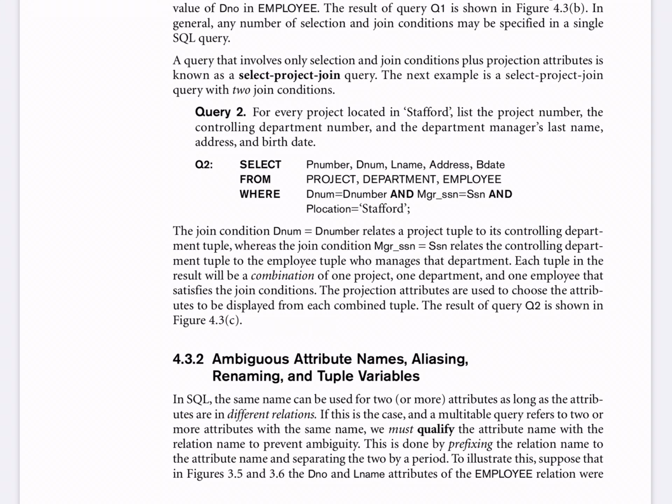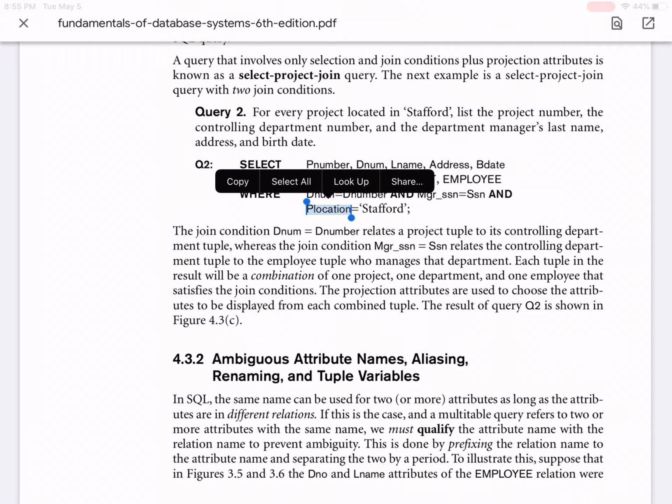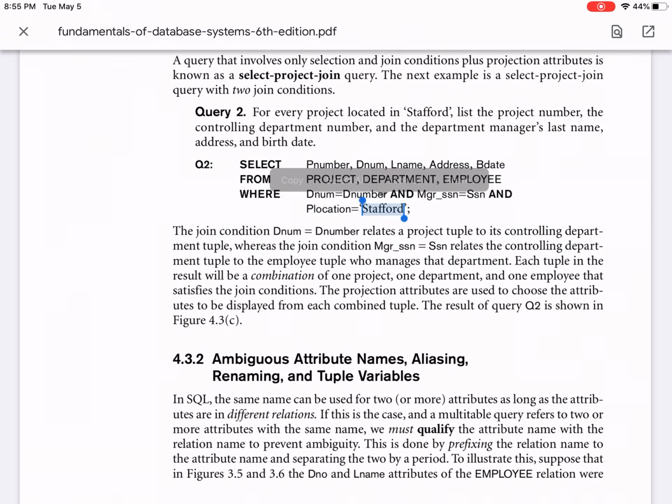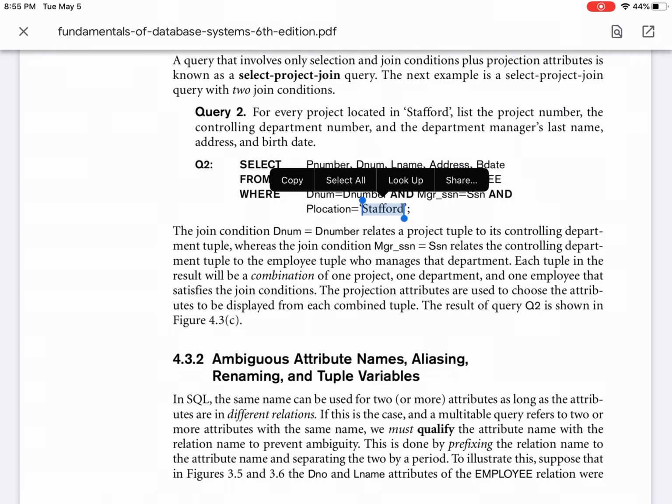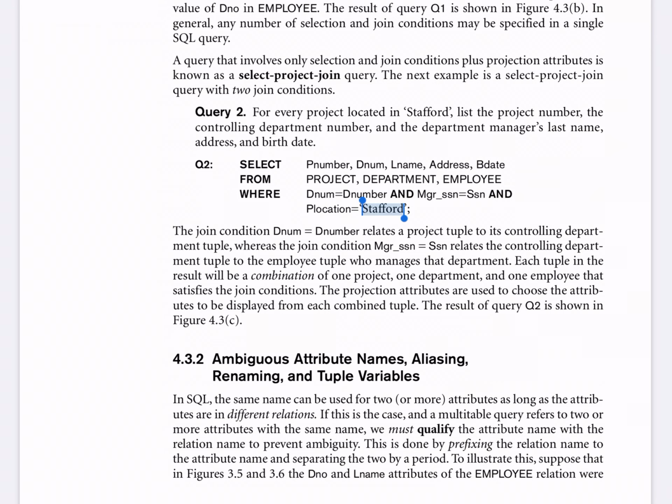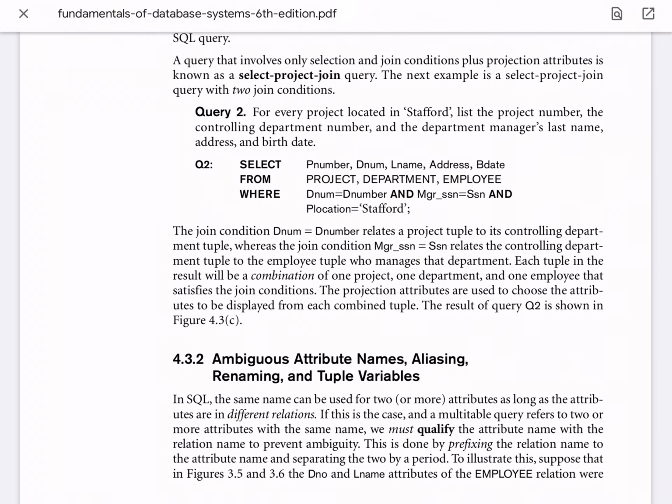For every project in Stanford, so I have to search for the project location Stanford, which I'm highlighting. Then the controlling department number and the department manager's last name. So what I have to print: project number, D number, last name, address and birth date.